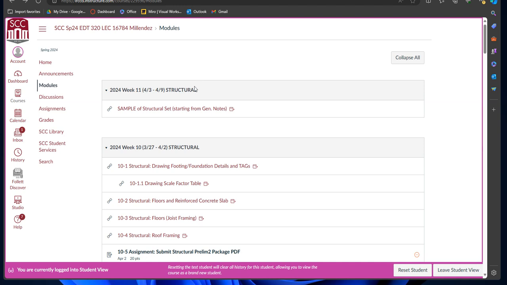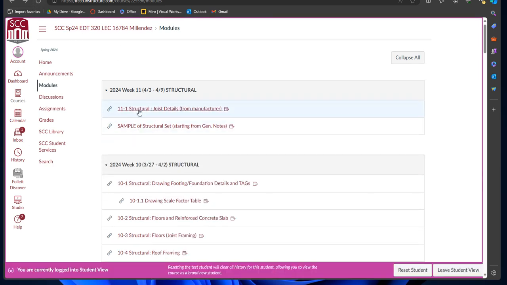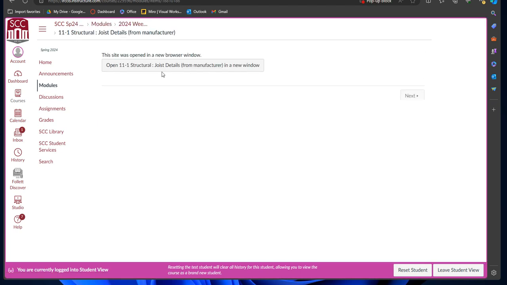And so the first thing that you're going to do is basically another set of details that is going to talk about the joist. So here's your 11-1 joist details, and if you open that,